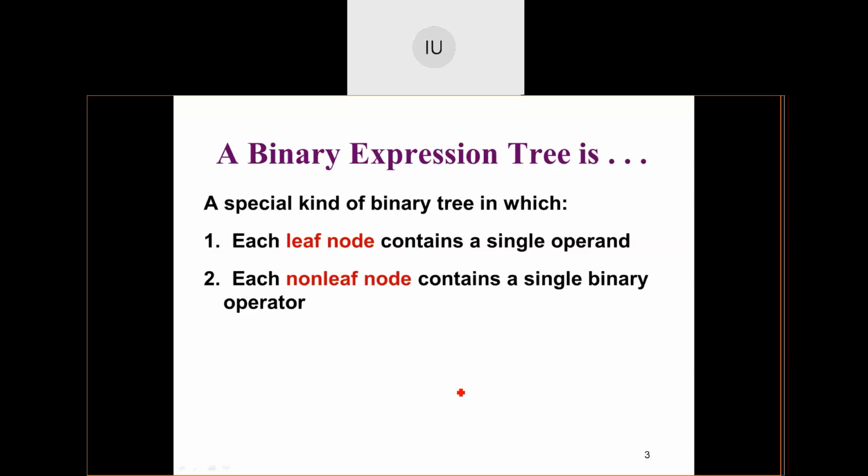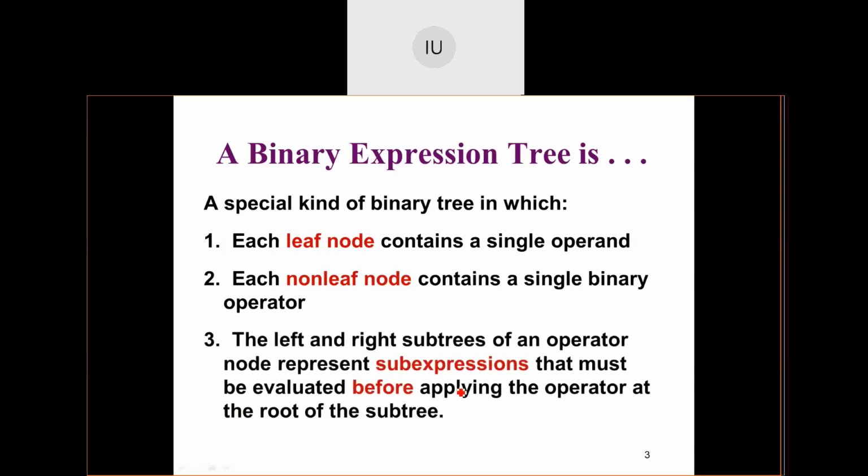Every subtree, when I take the whole tree, the leaf node must contain an operand and the non-leaf node must contain an operator, and that operator is strictly a binary operator because I'm talking about a binary expression tree. Similarly, you can have what is called a ternary expression tree, where every operator has three operands. So in that case, the expression tree must have the property that a node can have three children. That's why I call such a tree a ternary expression tree.